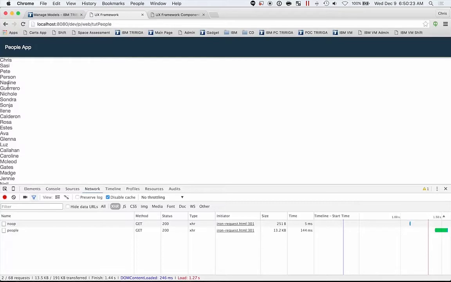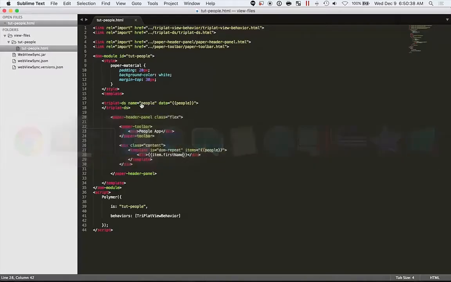Polymer has a really nice component for printing things, for stamping things like a big collection out very efficiently. That way it will render quickly. And that is called iron list. So let's go ahead